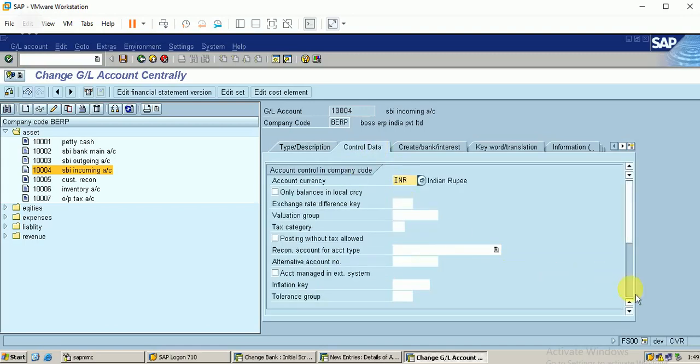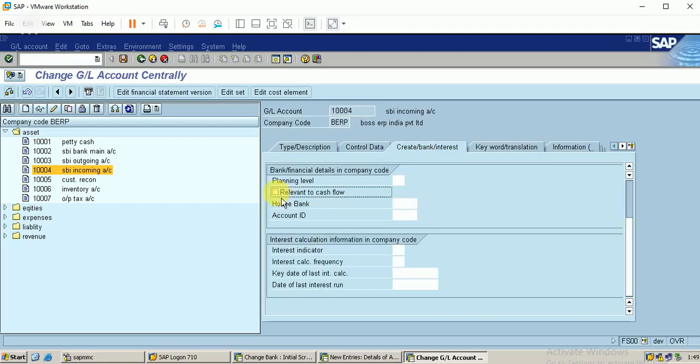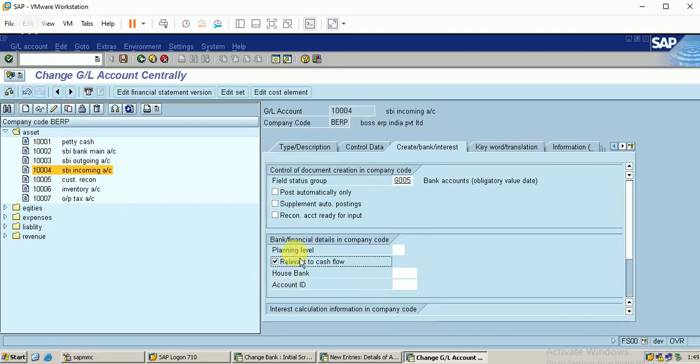Similarly, in this account also it should be maintained as open item management. Make it relevant to cash flow. It is very important. Only then can we process the check through this bank. We'll save this entry.